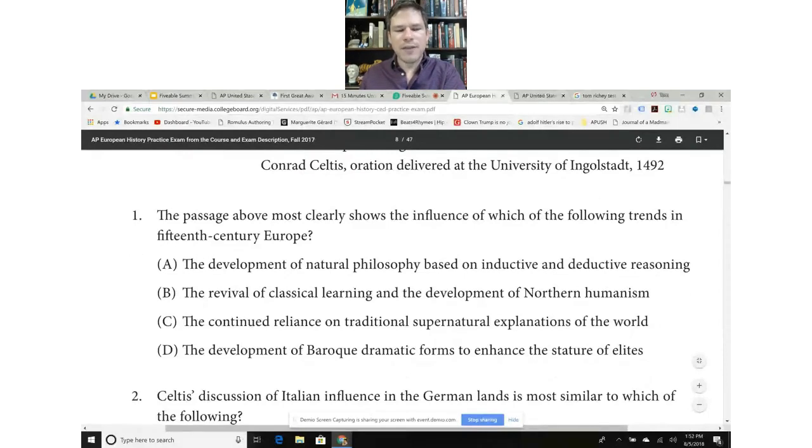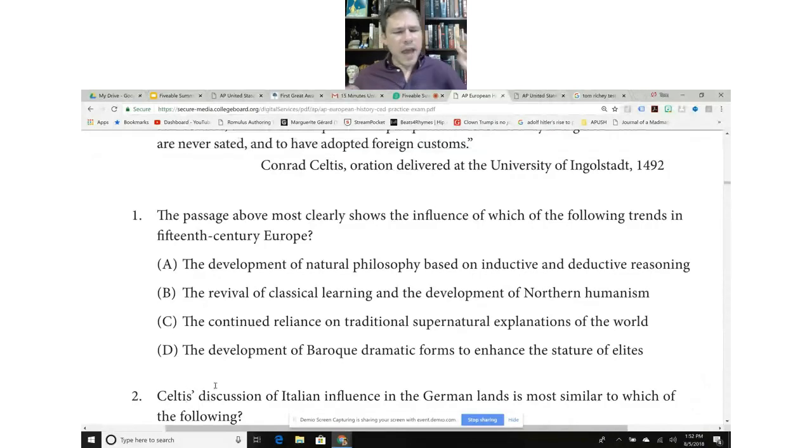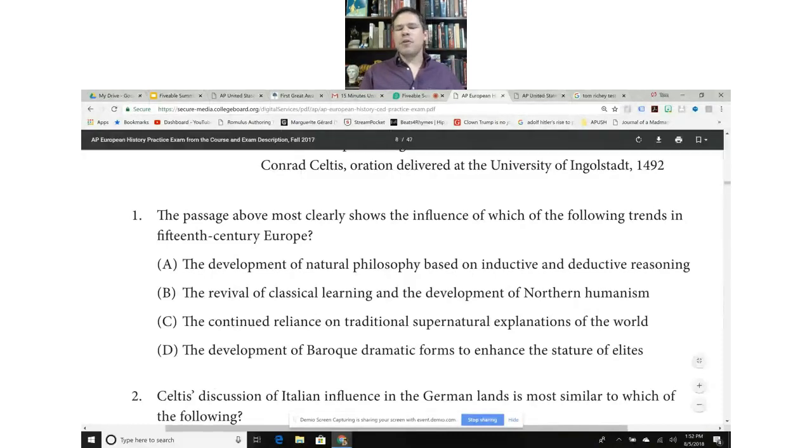No, okay, because that's the scientific revolution, the 15th century. Now, also, I encourage students, sometimes they won't listen, but if they do listen, it's great, to write 1400s next to 15th century. It's okay for the student to do that, and it adds some clarity there. But this is too early because Galileo, that's in the 16th century that even begins. Now, B, the revival of classical learning and the development of Northern humanism, that sounds right for 1492.